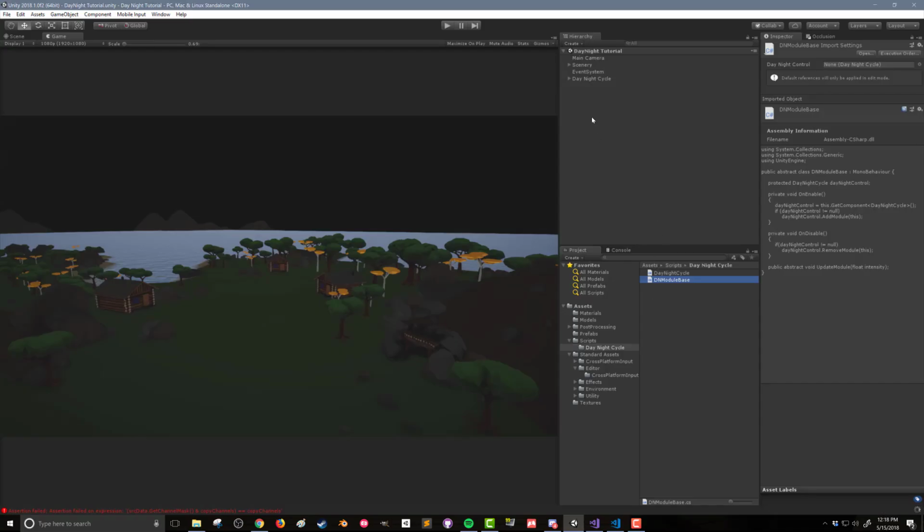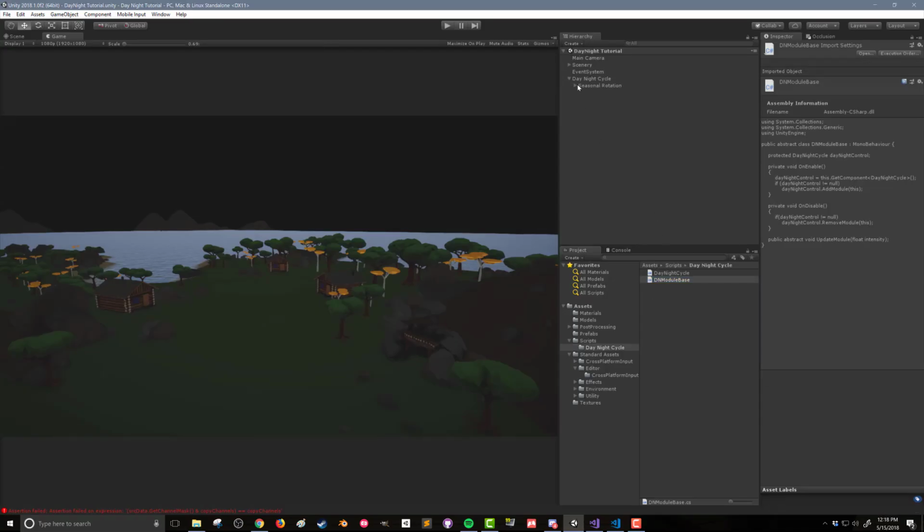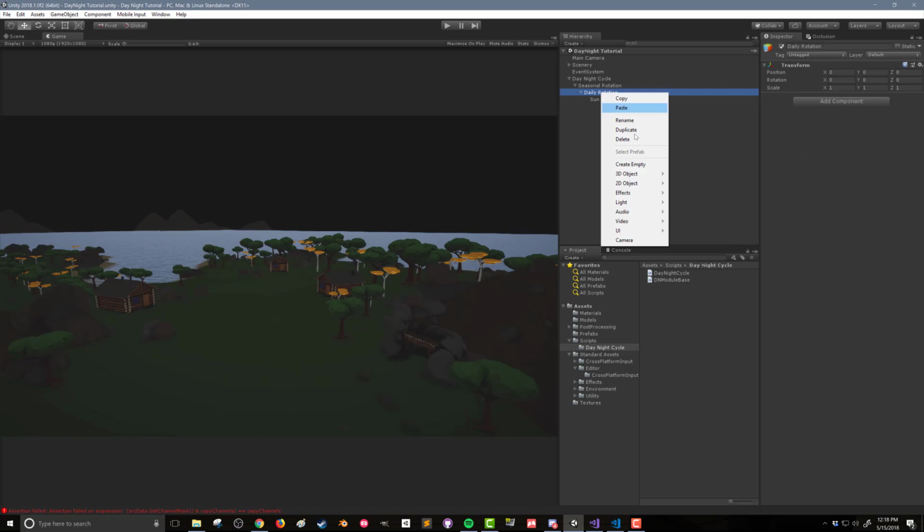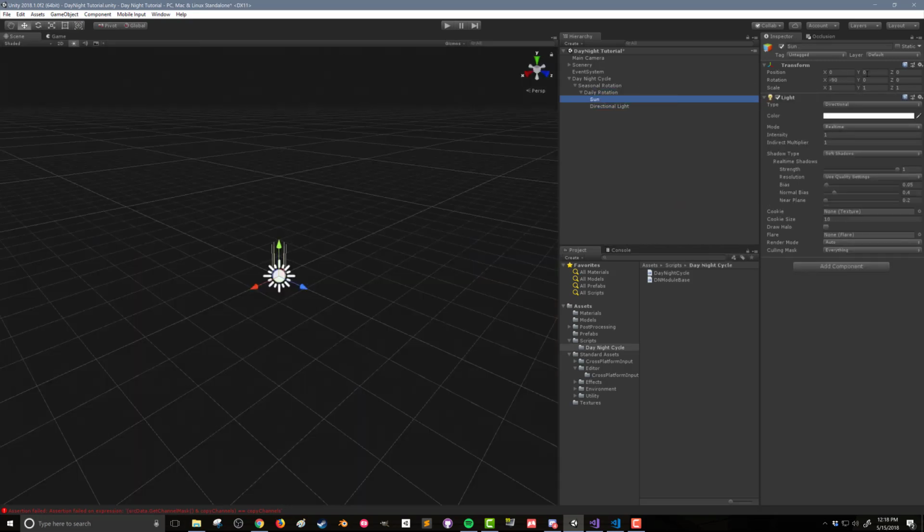Next, I'll start to build the first module. This module will control the moonlight, both its color and intensity. Before we get to scripting, let's add in a second directional light that will play the role of the moon. This new light needs to point in the opposite direction of the sun, which is not physically accurate, but does